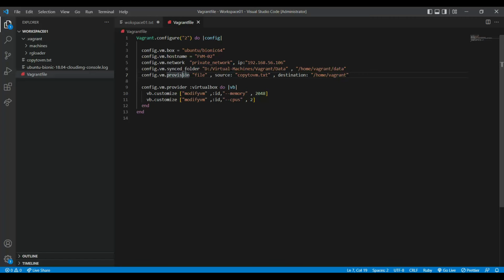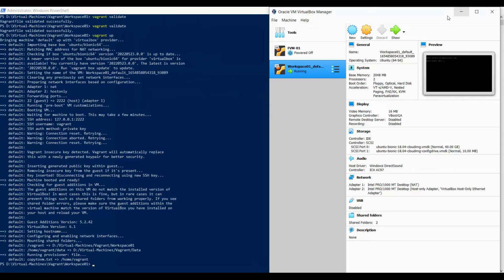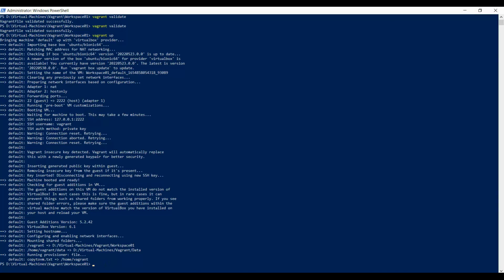So this is the sync folder from D to the Vagrant D, that you can see the default, mounting the share folder, and then we are getting it from this workspace one home Vagrant data. Okay, running the provisioner file, copy vm.txt to home. So now we should be able to